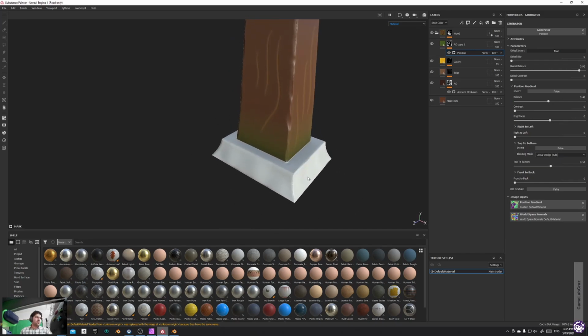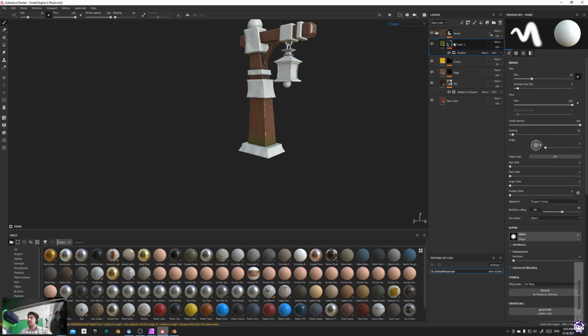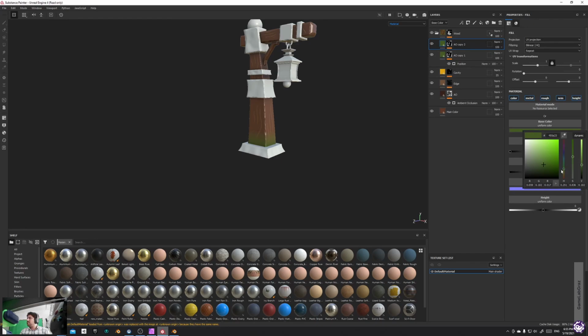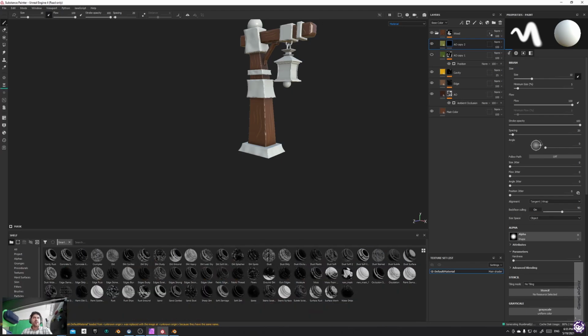If your ground is already grass or a similar thing, you can apply it. The other solution, for example, instead of the green color, I will use a little bit yellowish green. I will deactivate that one. And instead of this mask, I will use the mask that is provided by Substance itself. If you go to the smart masks, you can see the list of masks. There are lots of interesting ones. For example, if you select the dirt ground,